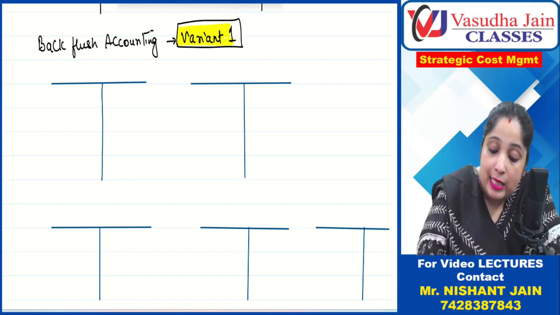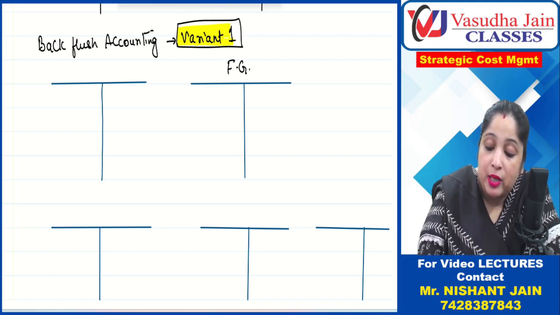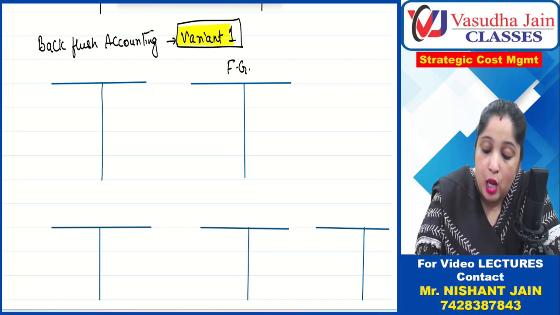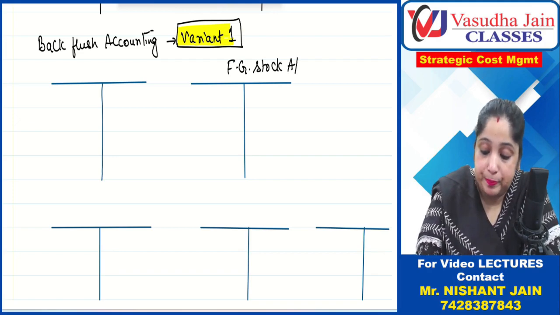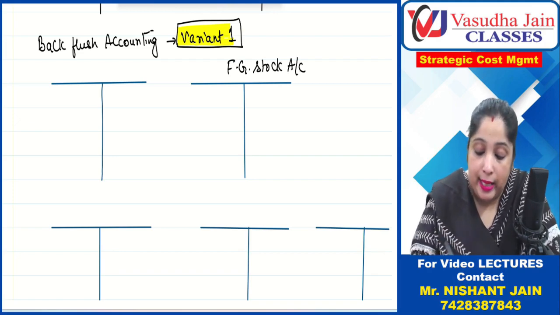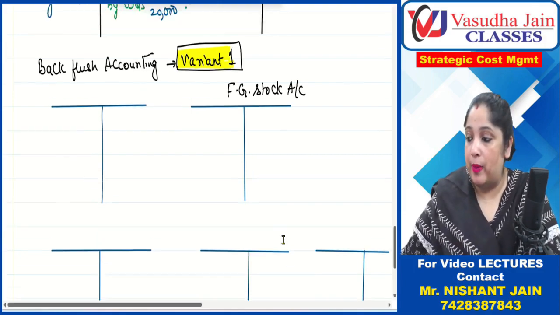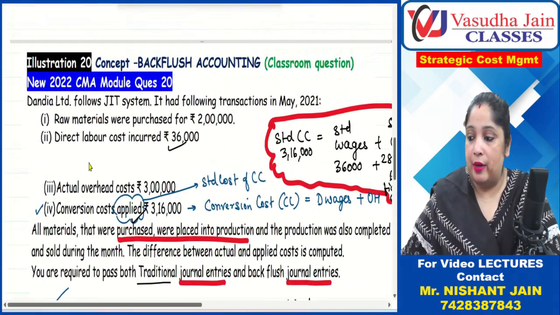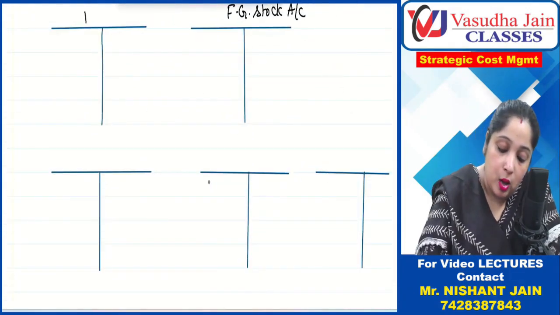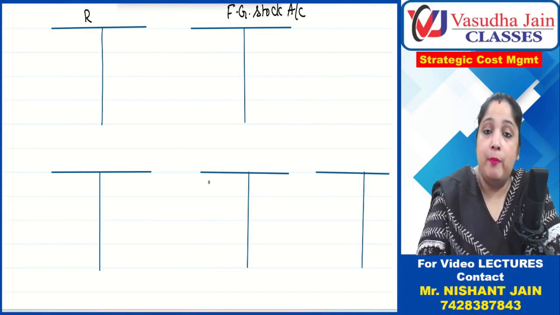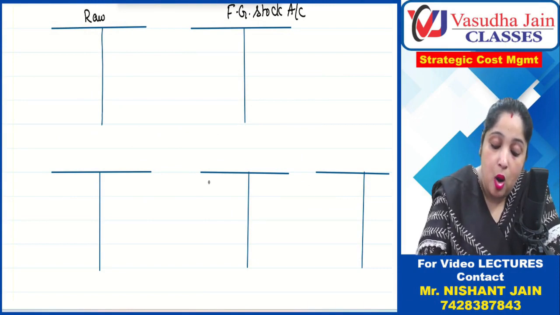So how is backflush accounting done? Backflush accounting says that you have to pass entries once finished goods have been manufactured. So one of the accounts is the finished goods stock account. Now how are entries made? When you purchase raw material, you pass an entry. So for 2 lakh rupees, you are going to pass an entry. This is your raw material. Now in backflush accounting, we call it raw material